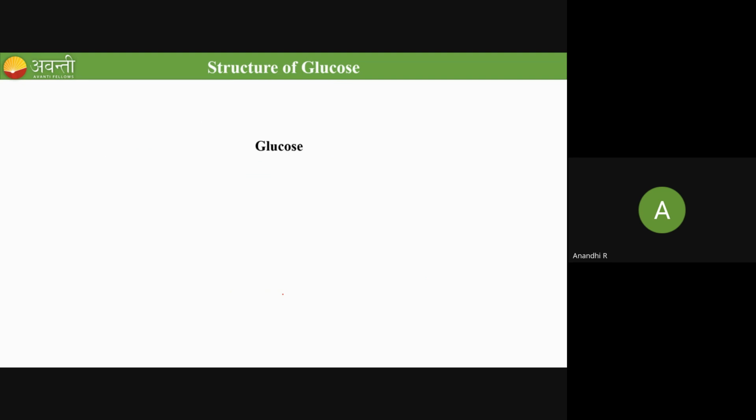Screenshot. Okay, whatever way you're following, just try to understand, and after the class make a note of it. Only if you maintain your own notes can you use them for future purposes, for revising. If you only have screenshots, then in the end it will trouble you. No problem, you can take screenshots during the class, but once the class is over, make a note of it. Take down the notes of the class and keep it. Okay, Devan?